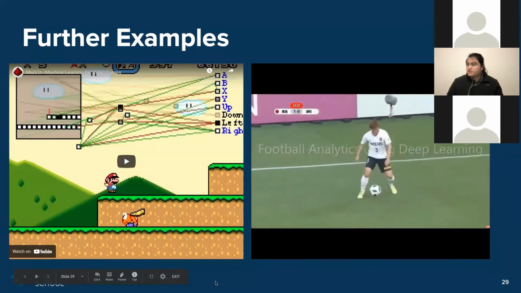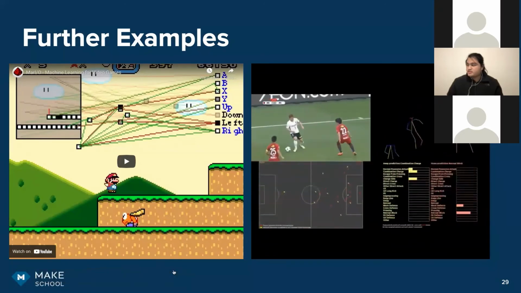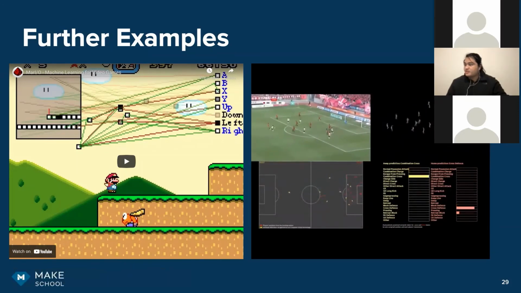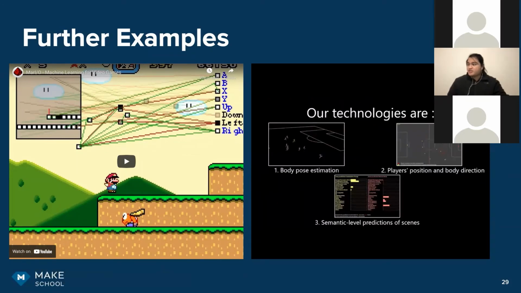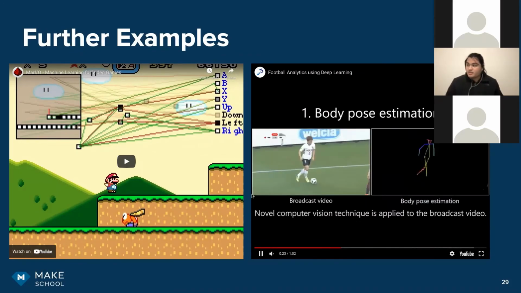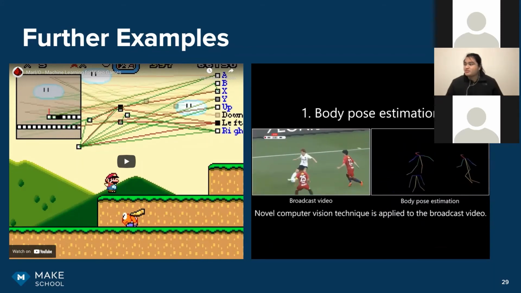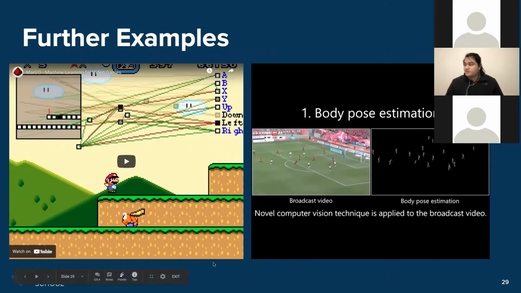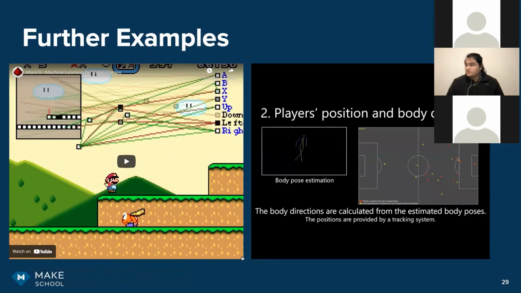So from here, I'm going to share some in a second, but someone created a deep analytics where they'd be able to see the positions and the plays and the body direction of the players. So with the body pose estimation, the model is able to guess and estimate what kind of movement they would be doing. So I think that's super cool to be able to create such code and such projects to predict and to analyze the movements of a multitude of players.